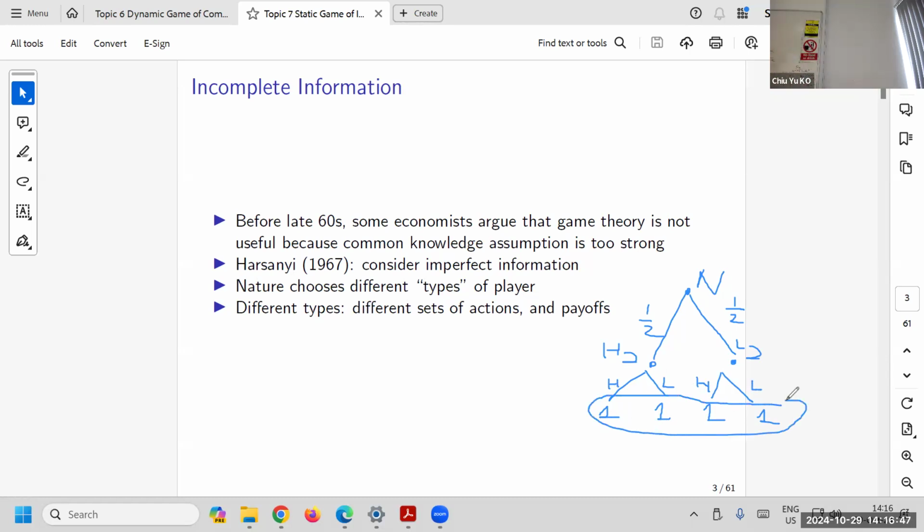You can represent this Bayesian game in this way. He doesn't know actually where he is, but player 2 knows where he is. Player 2 knows whether he's high cost or low cost. That is given by nature. We can solve this game. The game is later called a Bayesian game, and if you solve the equilibrium in this, it's called the Bayes-Nash equilibrium, the standard one. You just change the game into something like this, and then we can solve the model.